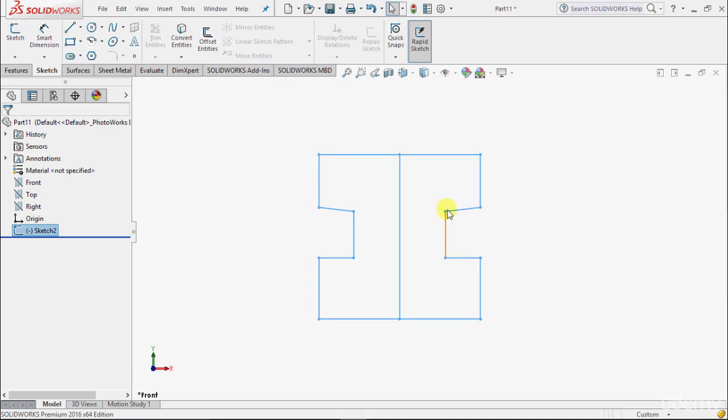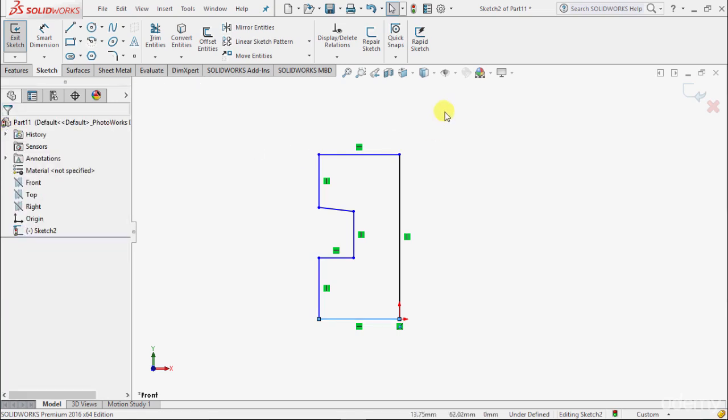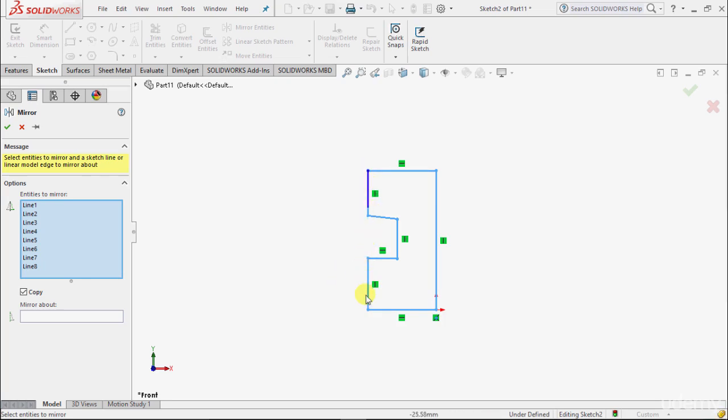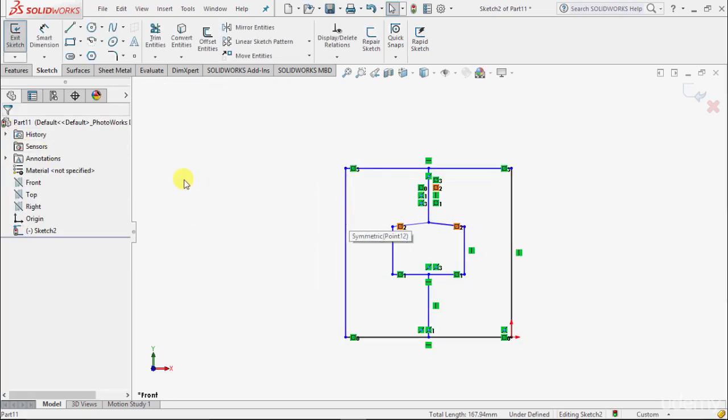Similarly, we can create the mirror with more references. I will edit this, go to undo, OK. Then once again I take this mirror entities, select this complete object in the entities to mirror. This time I want to mirror it on this front vertical line. Then mirror about and select this line. Okay, or we can select a point or by line and click OK, and we can see the object is mirrored on this side now.